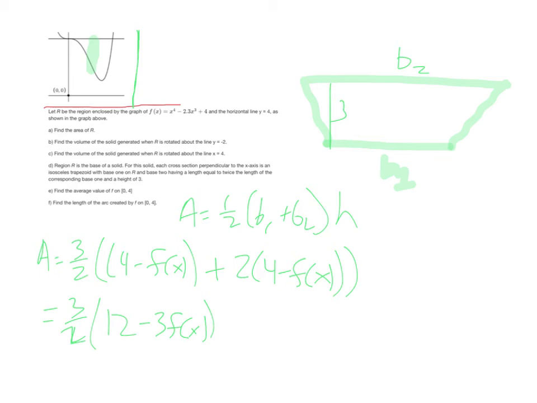Yeah, I think I'll just leave it like that. And so that's the area of any one particular of these trapezoids. Plug in x, and that's going to give you the area. I then need to multiply by dx to give it an infinitely thin width, and then add all infinitely many of these up. So my integral here is going to be, I'll pull the 3/2 out, still from 0 to 2.3, because it's still this region R, and then of 12 minus 3f of x dx, and I believe we're going to get